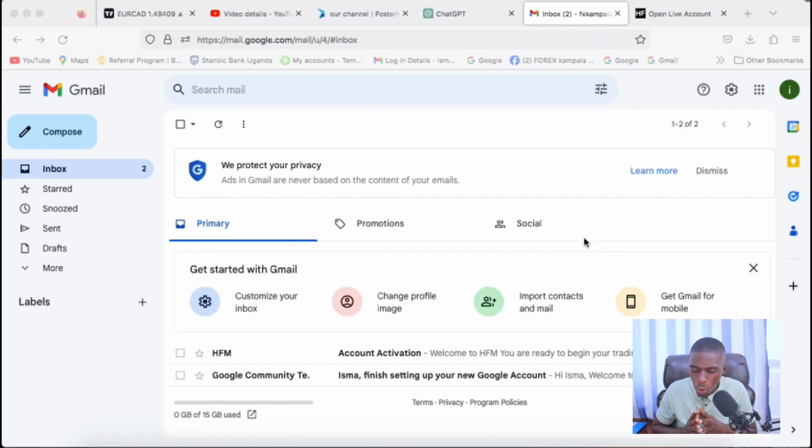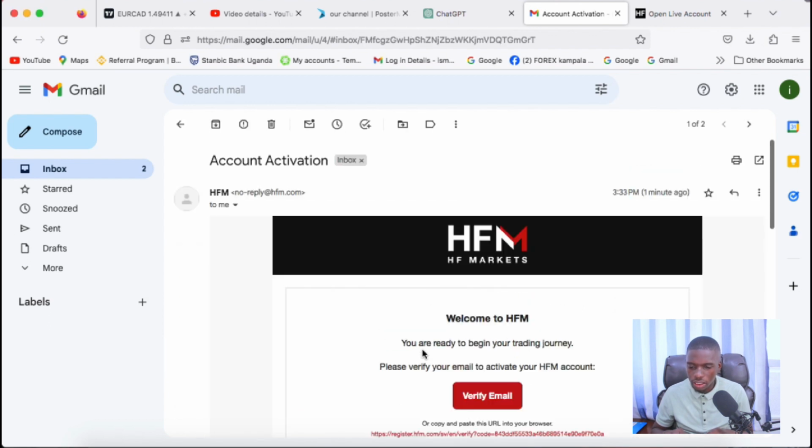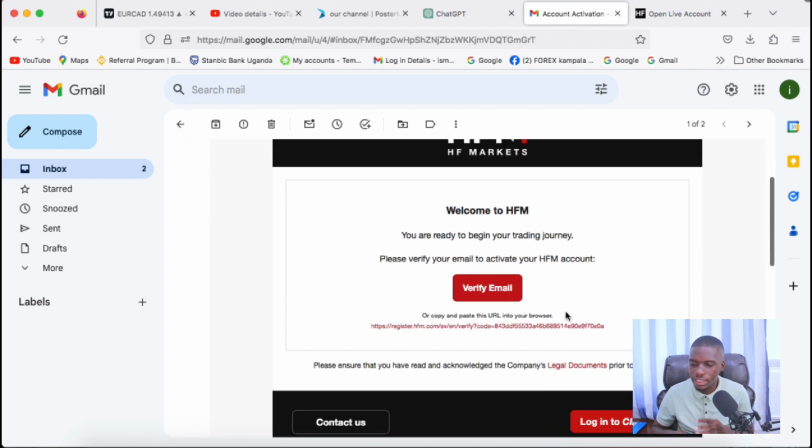So to verify your code, all you need to do is to go into your email. Now, for instance, when you look here, I've reached my email and this is a new email that I've just received. So I click on it and open it. Of course, by opening it, all I need is to verify the email and then proceed on with my process